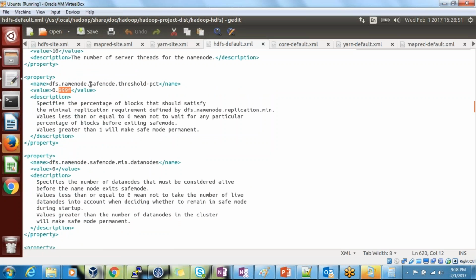Okay, this is for when your name node is in safe mode. To come out from the safe mode, how many blocks have to satisfy the condition? It specifies the percentage of the blocks that should satisfy the minimal replication requirement defined by the DFS replication minimum replication factor. How many machines have to tell at least the minimum? Let's say I have 10 machines. The 10 machines have to tell one copy, at least one copy, minimum replication. So 99% of the cluster has to specify that